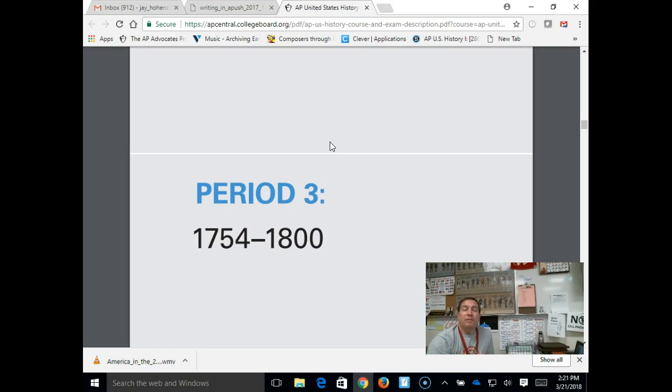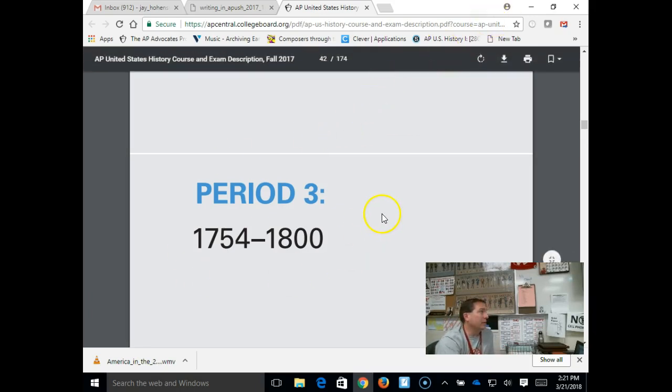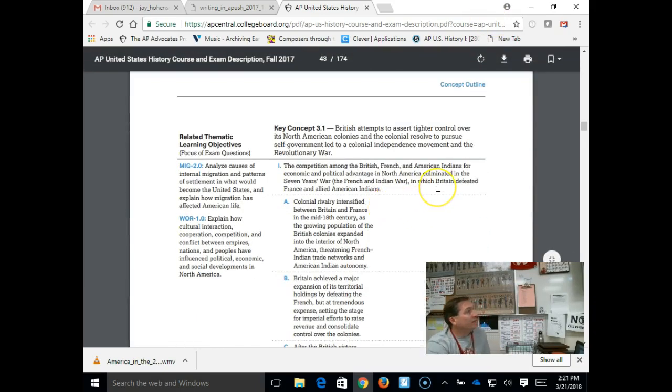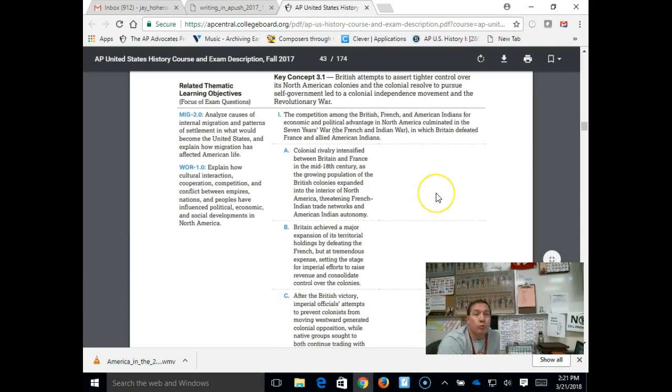When we think about 1754, what this should be telling you is what many of you guys asked about back in the fall. So when we were in the fall, you learned about Queen Anne's War and a bunch of other wars between England and France that drifted over to the United States. What they're essentially telling you is those earlier wars, just understand there was conflict between the British and the French, but it's not essential that you know those nitpicky wars. French and Indian War, they're setting it as a beginning point, as a turning point, to transition from one time period to another.